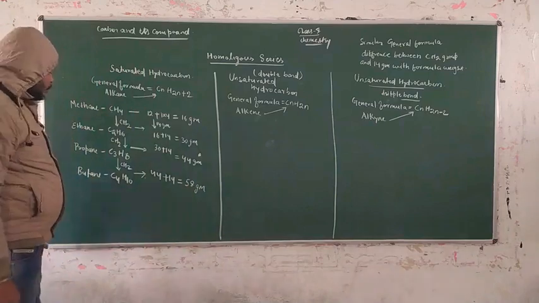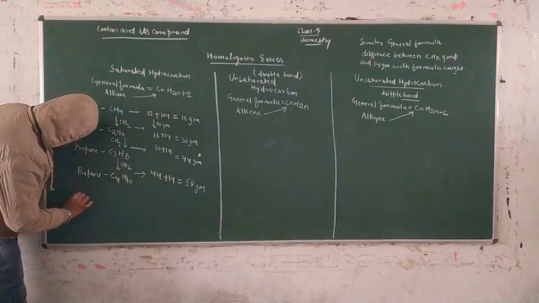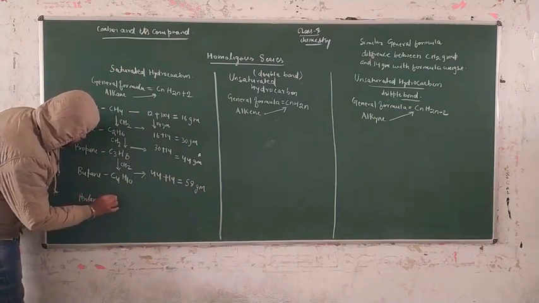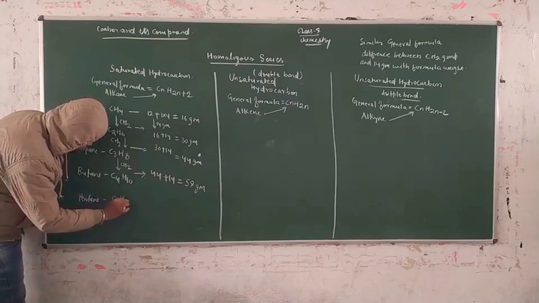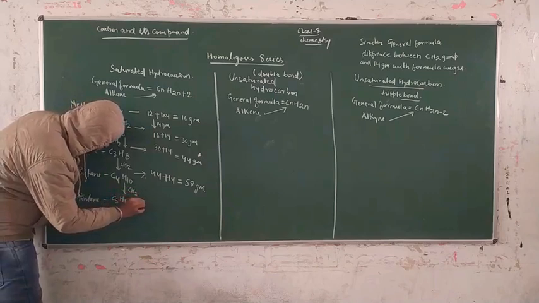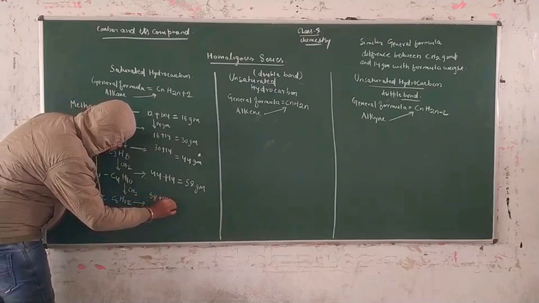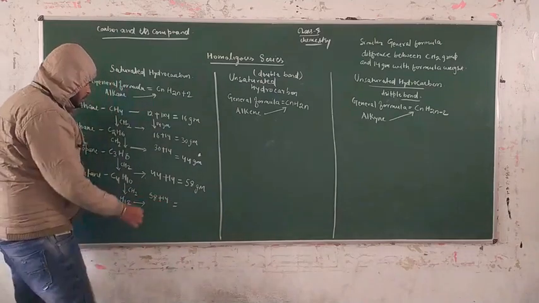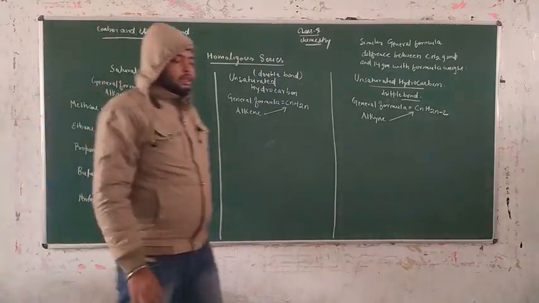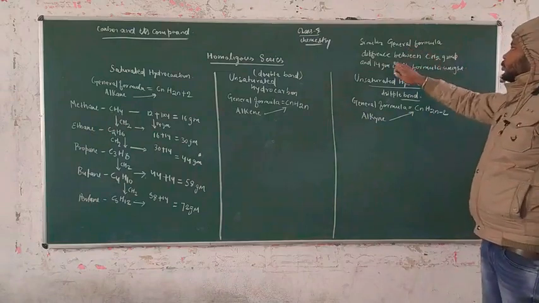Again you have to consider another family in terms of homologous series, that is pentane, and its formula is C5H12. Again it is the major difference of CH2 group, and its formula weight is 58 plus 14 is equal to 72 gram. That means, guys, according to our concept, that is the concept here,